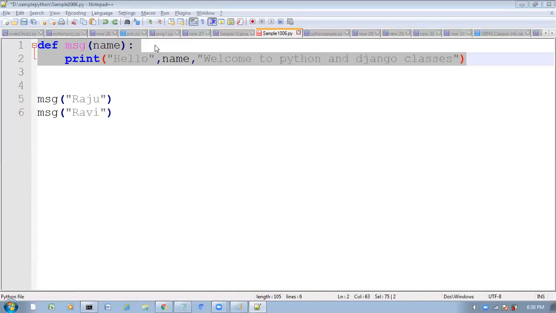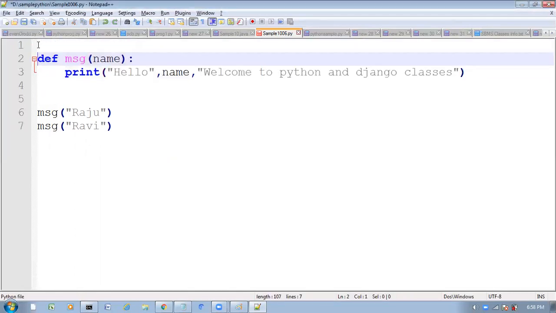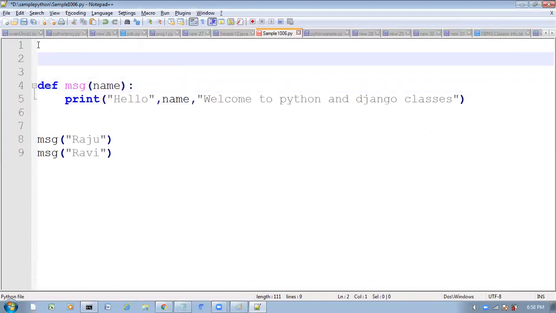I don't want to touch this function, but if you give Ravi, I want to get hello Ravi, welcome to Java classes. For that, how to write a decorator function? Very, very easy. It is a compulsory interview question. It will definitely come in interviews.